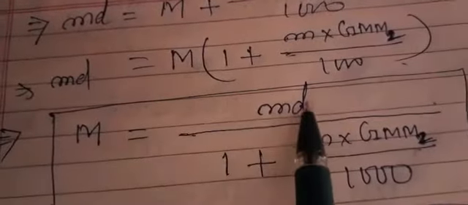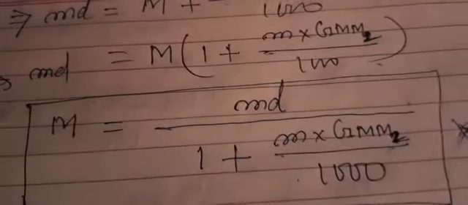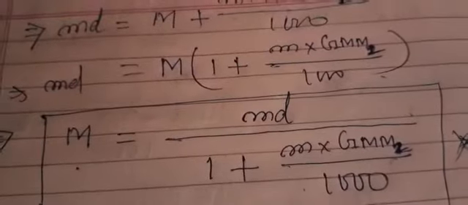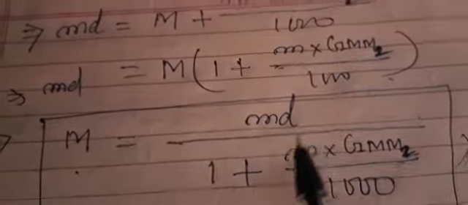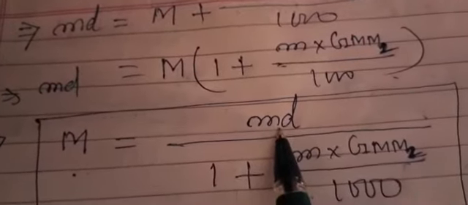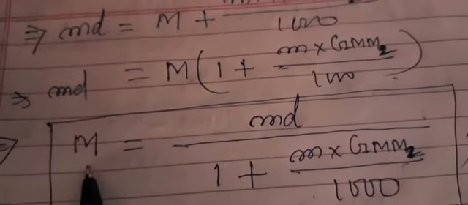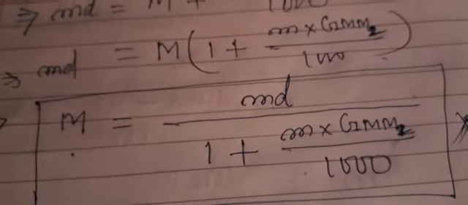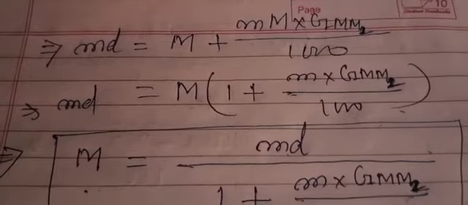So m equal to md divided by this much. So you got the new relationship. You can utilize this relationship to calculate the molarity, if the molality is given. So these are the formulas. Okay, we will discuss certain more relationships in the next few